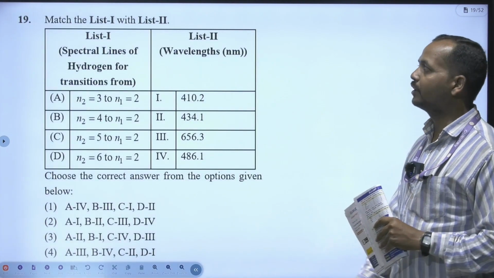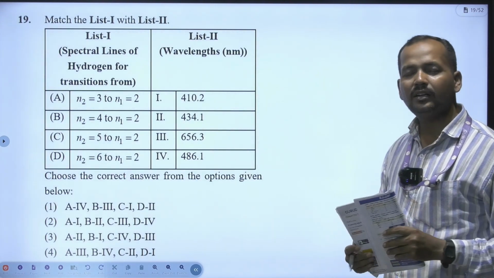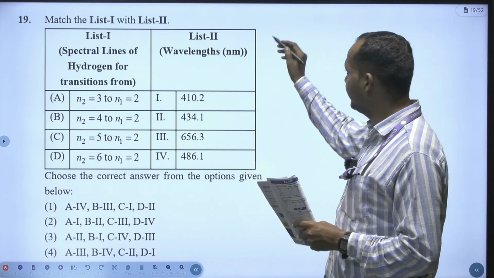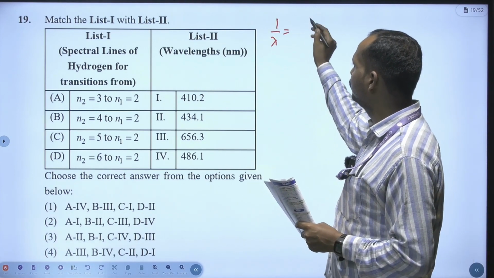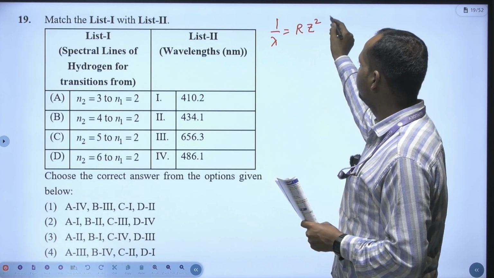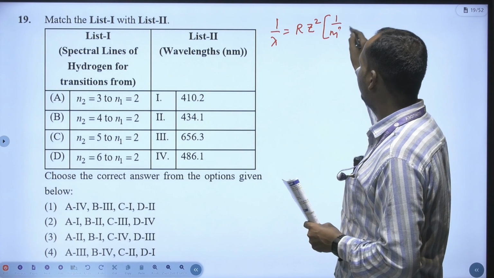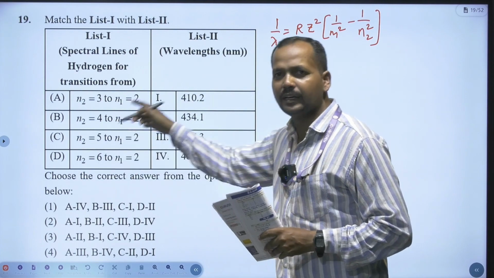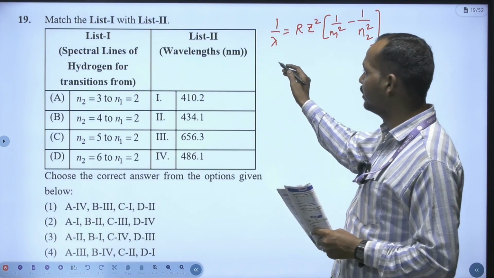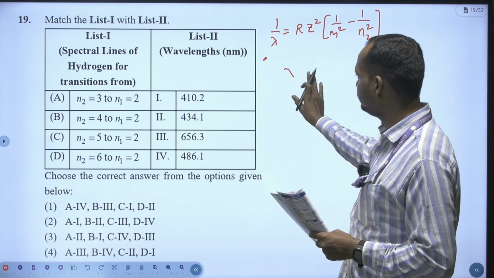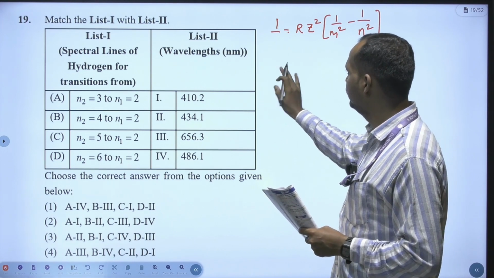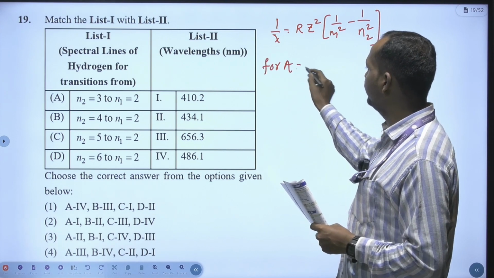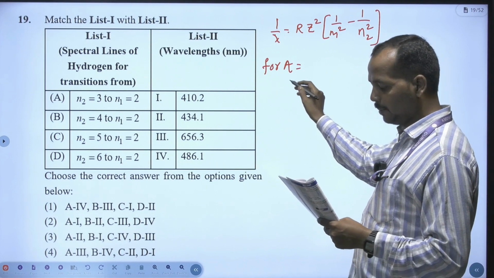Next, 19th one, match the list with these things. Here it is a question from atoms. Balmer series equation, the general formula is there. The general formula is 1 by lambda is equal to R into Z square bracket of 1 by n1 square minus 1 by n2 square. So if you calculate for each and every one, n1 and n2, you are going to get lambda. For the first one, lambda A, if you calculate that, lambda is equal to